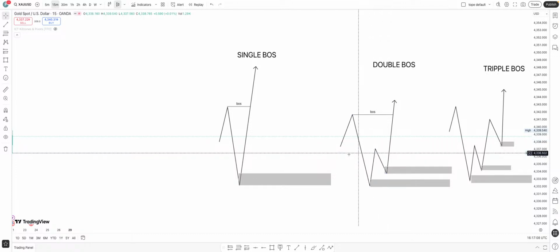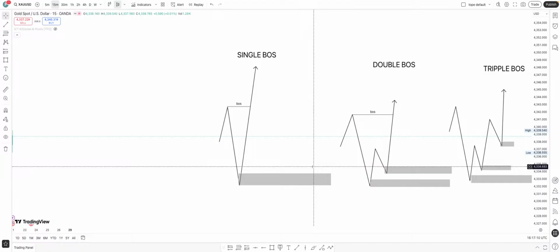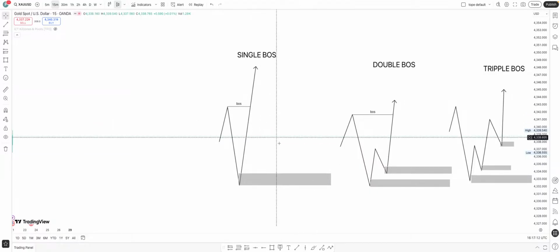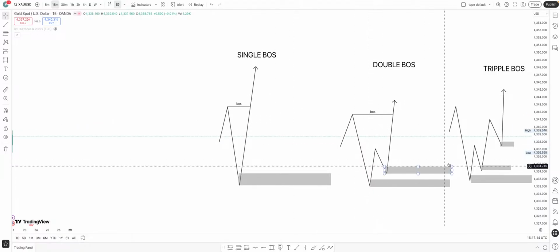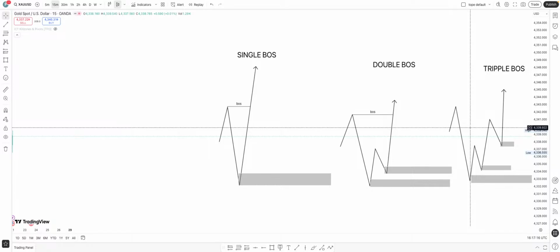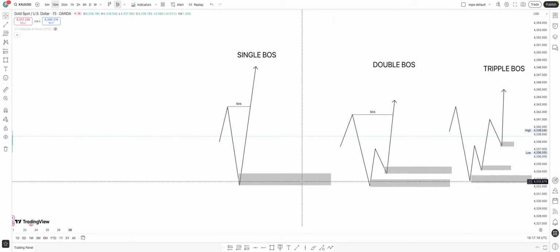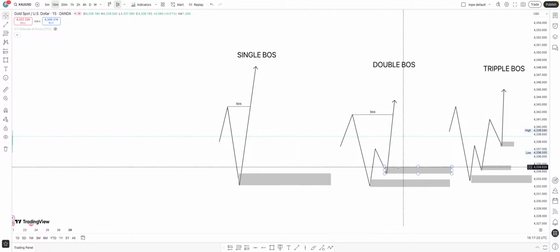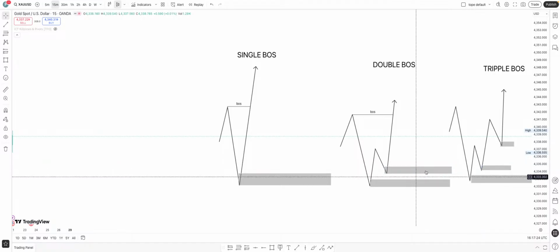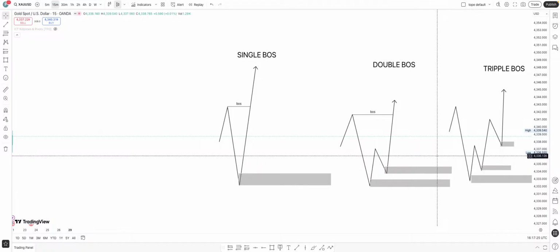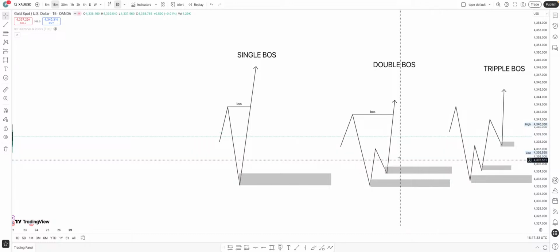Okay, so you understand in the single leg, we have a single break of structure, double leg, double break of structure, triple leg, triple break of structure. So single leg, we have 1 point of interest, double leg, we have 2 points of interest, and triple leg, we have 3 points of interest. And if you don't understand what an order block is, go back and learn what an order block is properly. If you understand what an order block is properly, you understand why I call this place point of interest. So now,